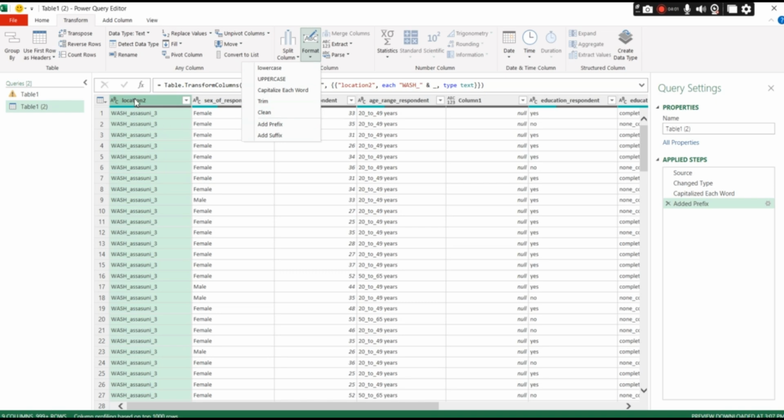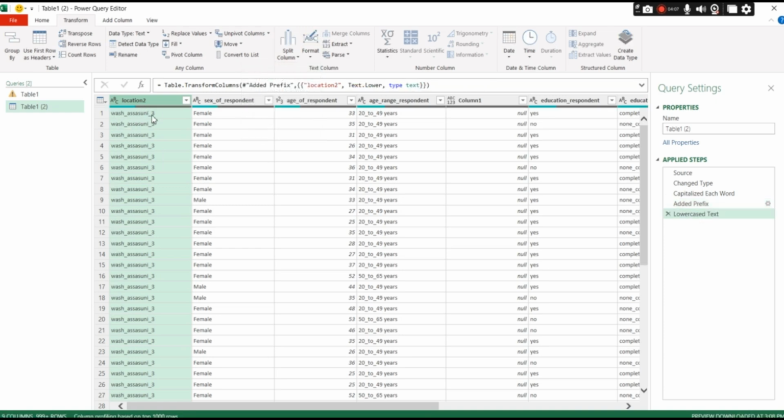We can also do some other work here. If I select the column, we can just select lowercase, and it automatically makes all lowercase in the column. Sometimes when we do manual entry in Excel, it makes lots of mistakes, lots of data that are not aligned to a single format.